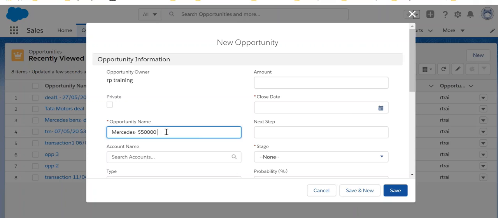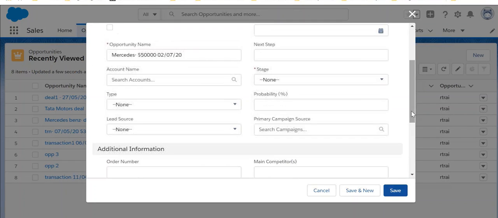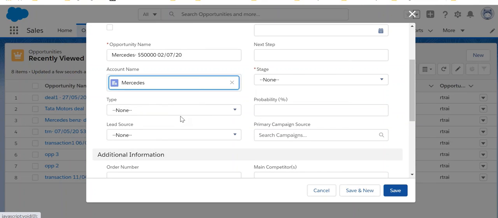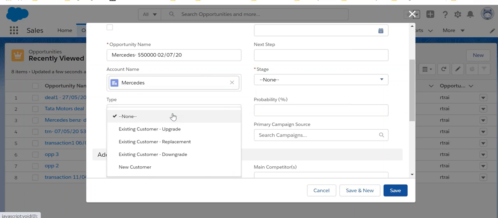and then the date of the deal, 2nd July 20. So a lot of times naming conventions like this will be followed by business users while creating records. Now we need to select the parent account for this opportunity. So it's the Mercedes account. Type: